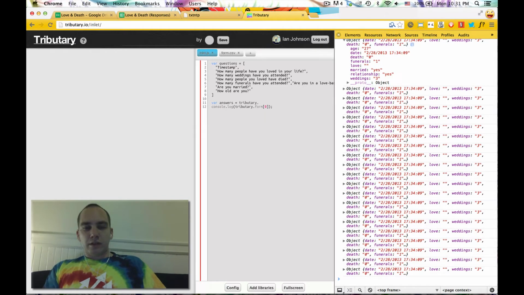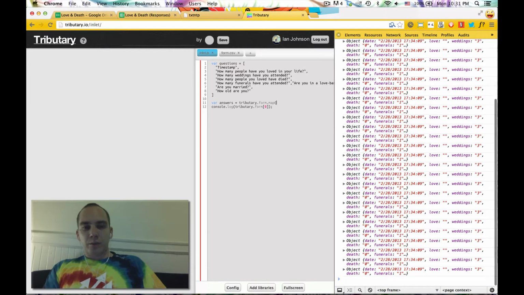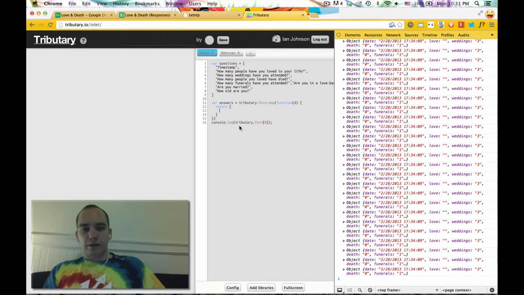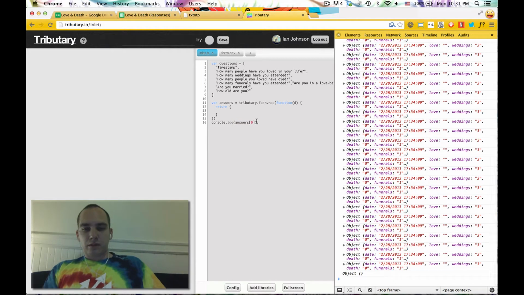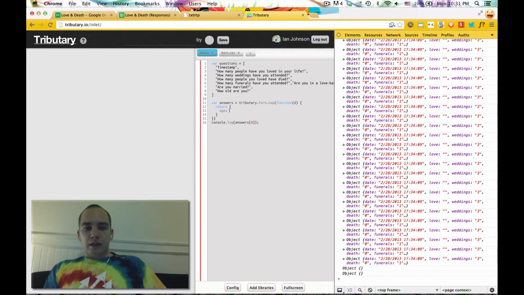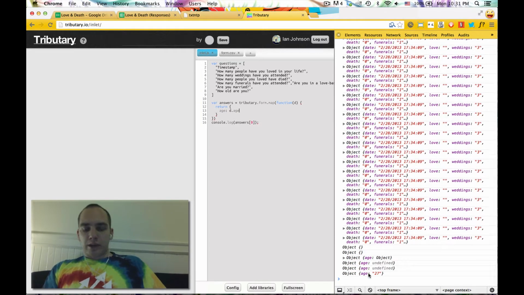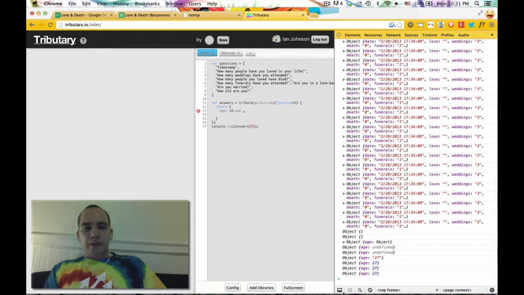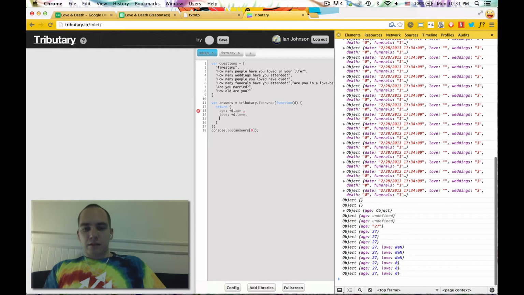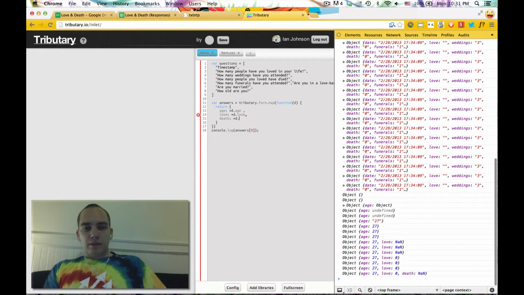So what I'm going to do is map over this array. That means for each element of the array, I'm going to create a new element, which will turn into another array. So I'm going to console log answers now, and the first element is just an empty array. If I do age, p.age, I just get back the age here, 27. What I want is a number there. So I'll do that for each of these, and you see that I'm getting love, death,